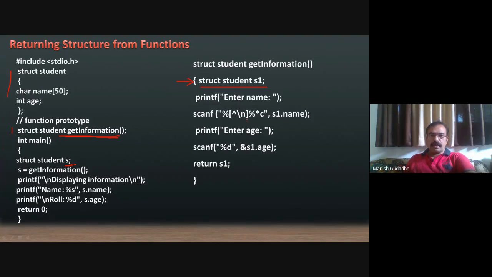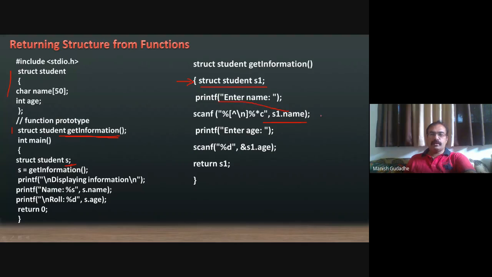And now here I am entering the value of s1.name, which should be copied to s.name, and we are entering s1.age, which should be copied to s.age. Now here we are simply saying return s1.